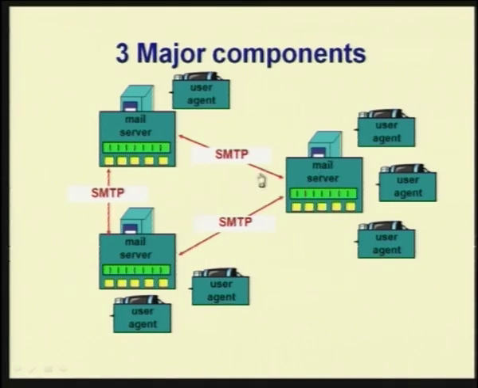The mail servers talk to each other using the SMTP protocol, and it is through the SMTP protocol that the mail from one user is transferred to another user who is connected to another mail server. So, this could be your yahoo.com for instance, this could be your google.com for instance, and so you at yahoo.com may be talking to I at google.com. And this kind of connection takes place using the SMTP protocol. So, if you look at the three components, the user agent, the mail server and the SMTP protocol, we need